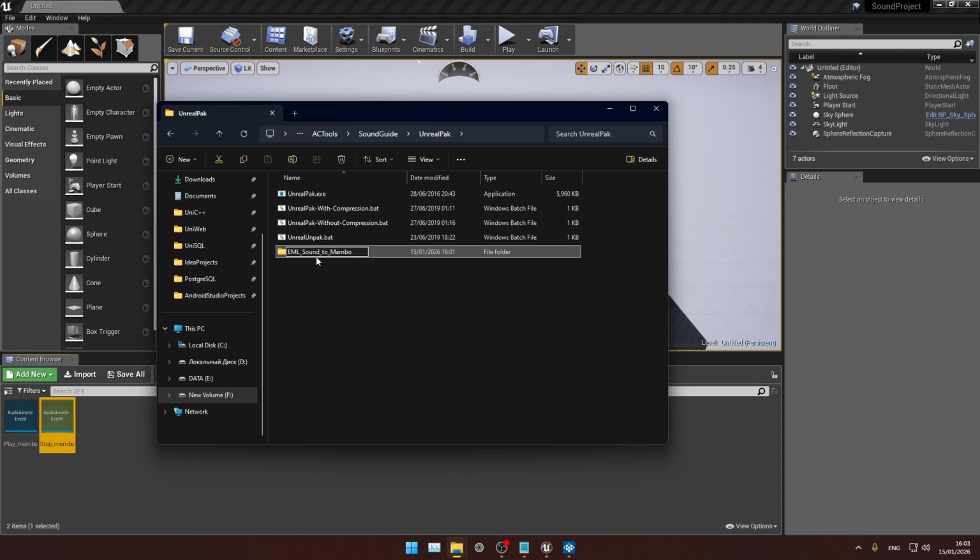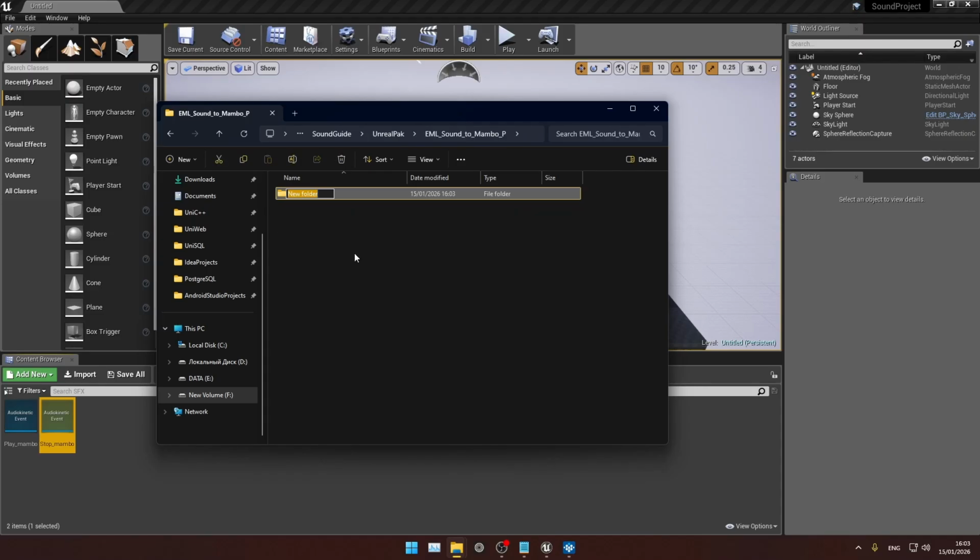Let's say we're gonna replace the EML firing sound with this, and make sure to add _p to the folder name, because otherwise the game will simply ignore the mod. So yeah, do not remove the _p suffix. So open this folder, create another folder named Nimbus, which is the internal name of Ace Combat 7. If you don't do this, it's also gonna just ignore the mod and not read it. Then in here, content